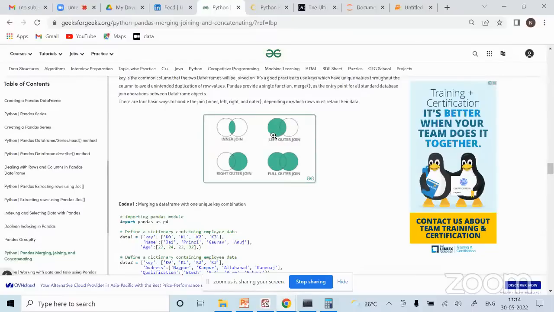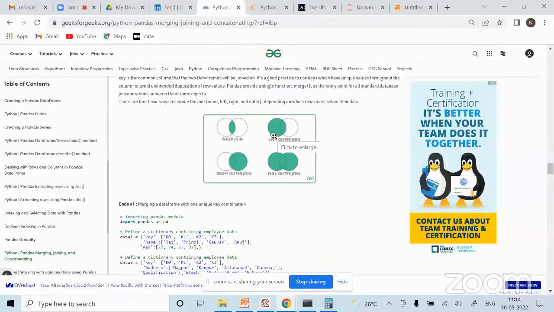If you say left outer join, it means all the entries which are there in the left will come. If there are entries which are not there in left and are there in right, those entries will not come. And if it is vice versa, if there are some entries which are only in left but not in right, they will come, but whatever columns you are getting from the right will be all null or NAs.